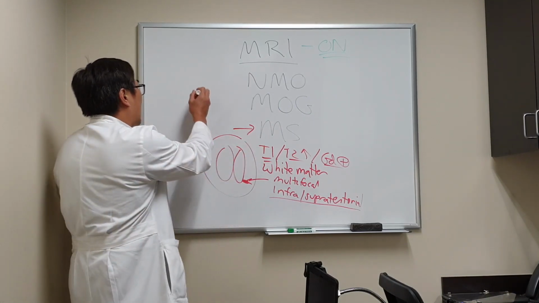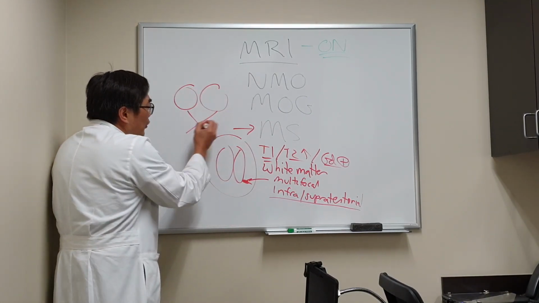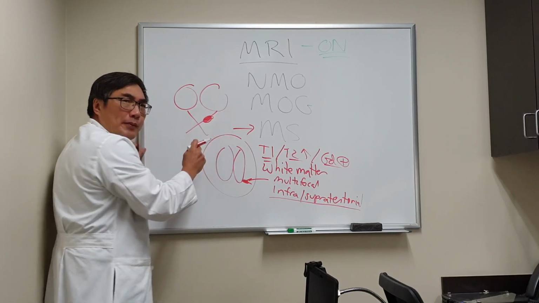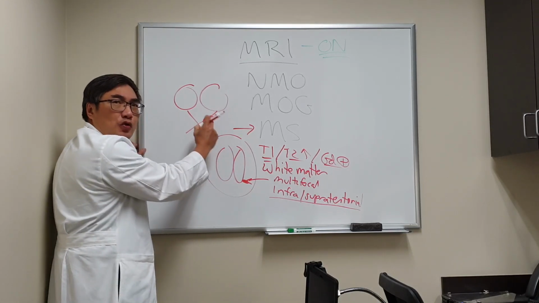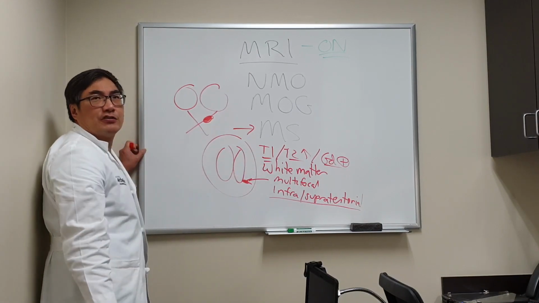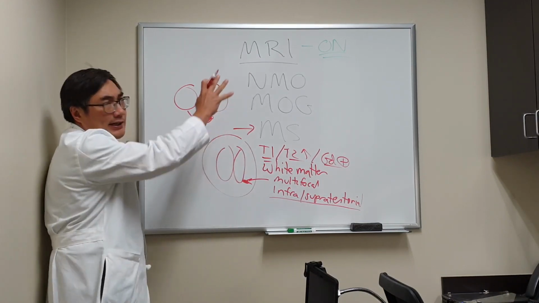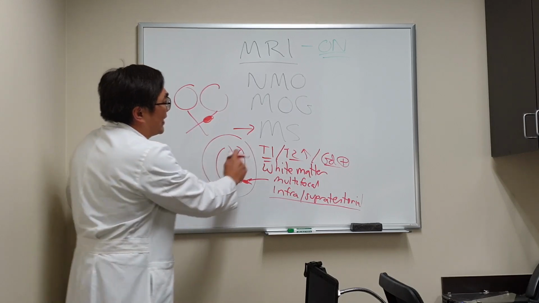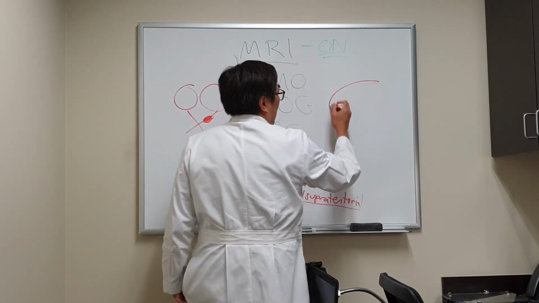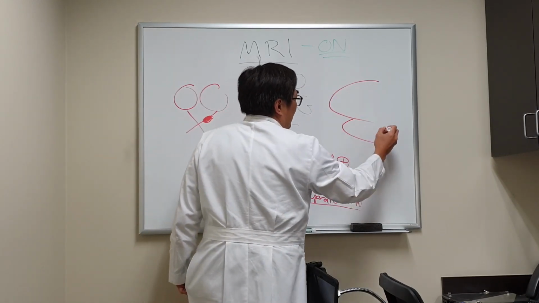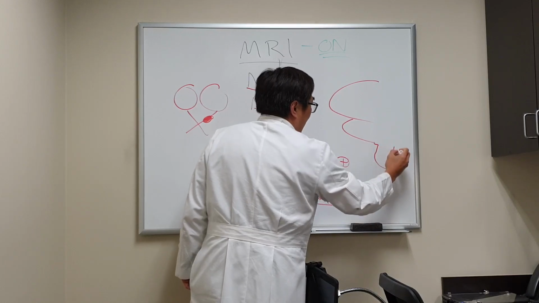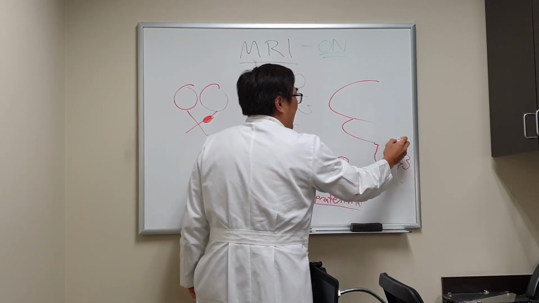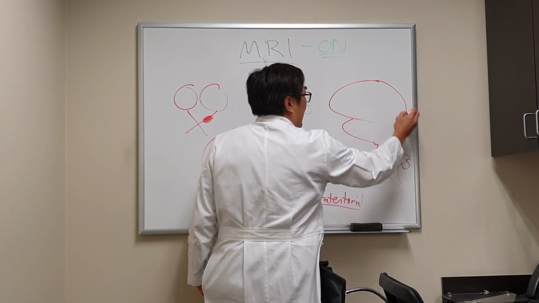The enhancement in optic neuritis also normally is just intraorbital and a short segment. So a short segment of the nerve itself enhancing, that would be a typical feature of multiple sclerosis related optic neuritis. In contrast, NMO likes to go to very specific regions of your brain, and it's an antibody against the aquaporin